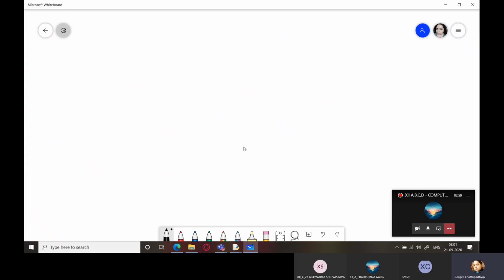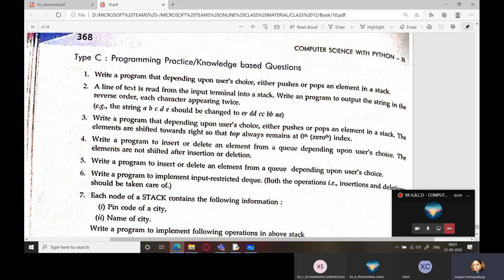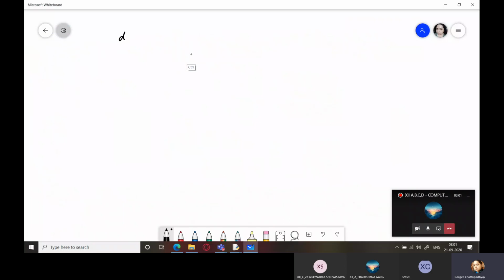Okay. So how should we do this? So we will write a function here. Is there anything specified? No. So write a program they have given. So we don't need a function over here. So we have a stack and we will just specify the elements in the stack. Okay, these are the elements in the stack.